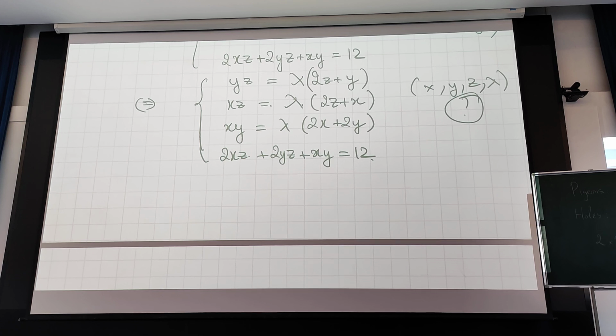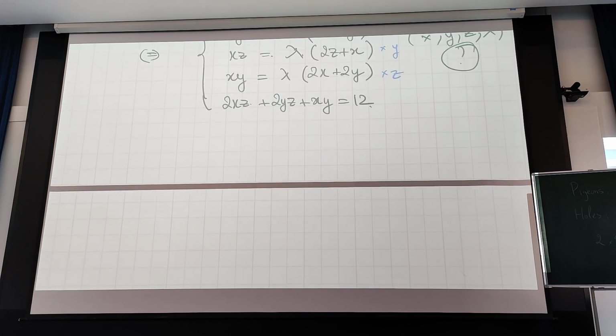We should use a simple trick. You see that if you multiply the first three equations by x, y, and z, you have some equality, right? So let's do it. Let's multiply the first three equations by x, y, and z respectively. So we will have